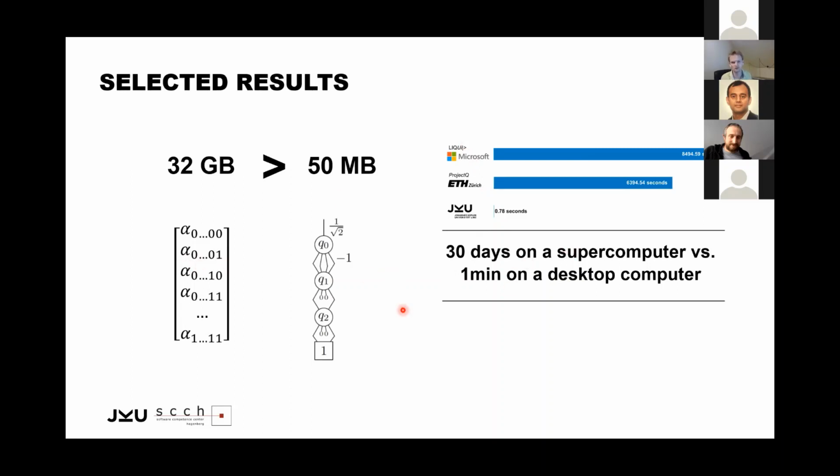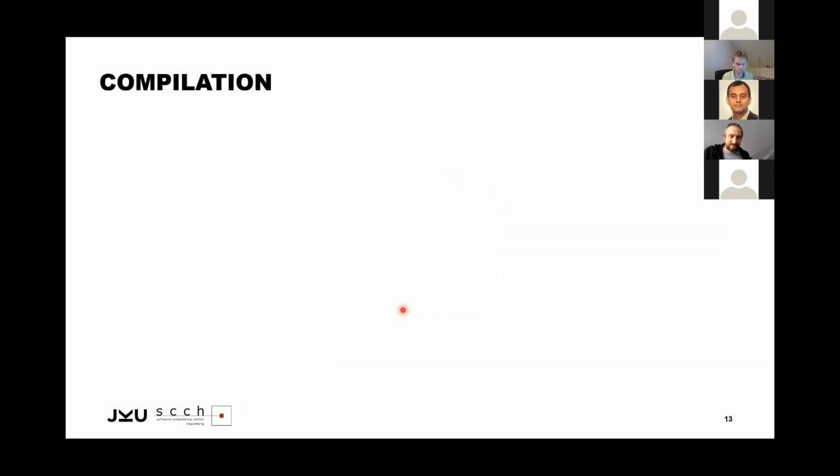There's one experiment I particularly like: we have cases where a simulation of the Shor algorithm, for example, requires 30 days on a supercomputer, while with decision diagrams we were able to do this in a minute only. This shows a little bit the kind of impact decision diagrams, and by this design automation expertise, can have. It's important to say that it's not a solution for everything, but it's a perfect and, in my opinion, really neat alternative to matrix vector representations or tensor products or alternatives. It's sometimes better, and by this it constitutes a nice complementary solution.